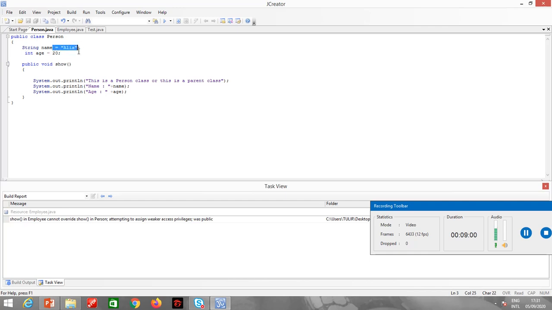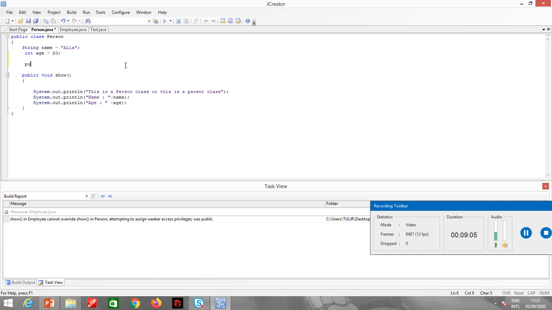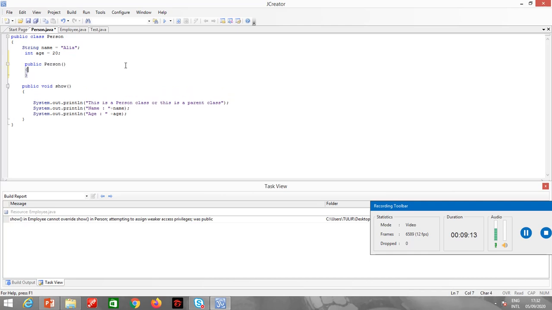Now let me make a constructor over here. Let's recall, a constructor is a special method which has the same name as the name of the class. Constructors do not have a return type.